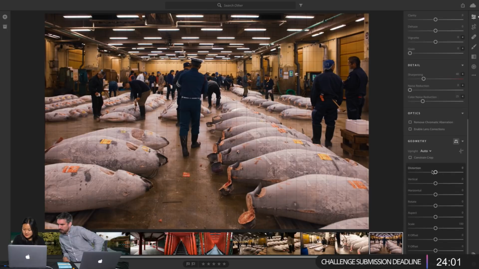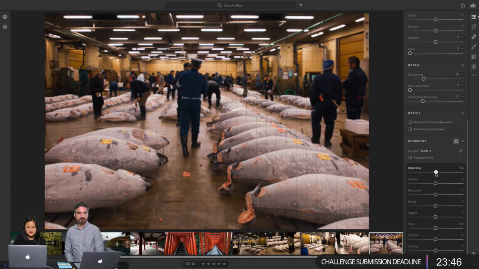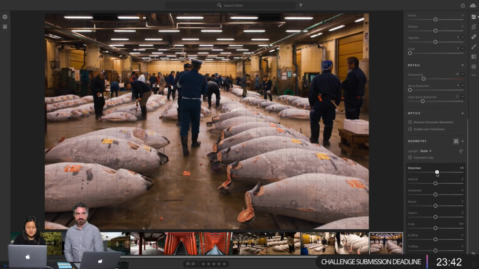Here we go. If you click into this panel, you can manually make your shifts as well. But I think that with pincushion and barrel distortion, this is the slider that kind of fixes that. It looks like slight barrel distortion, so I might just pull it ever so slightly to the right. That's a little bit better.